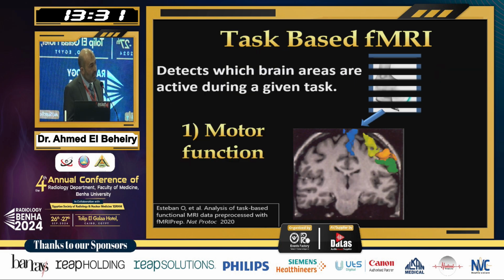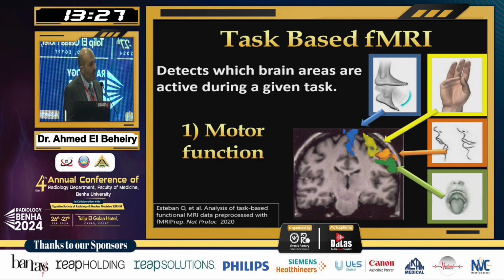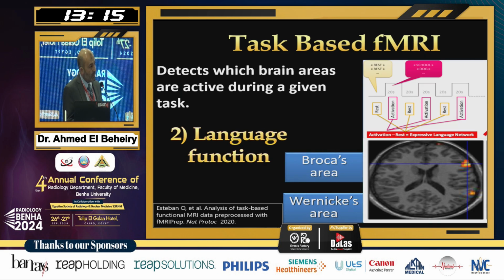In task-based, the patient is entering the MRI machine and he is asked to do certain tasks, like for example, moving his foot, moving his fingers, his lips, or his tongue. And here we are examining the eloquent cortex responsible for these tasks. Or he is entering the machine and he is asked to listen to certain word or to repeat certain words several times. And here we are examining either Wernicke's area, which is the receptive language, or Broca's area, which is